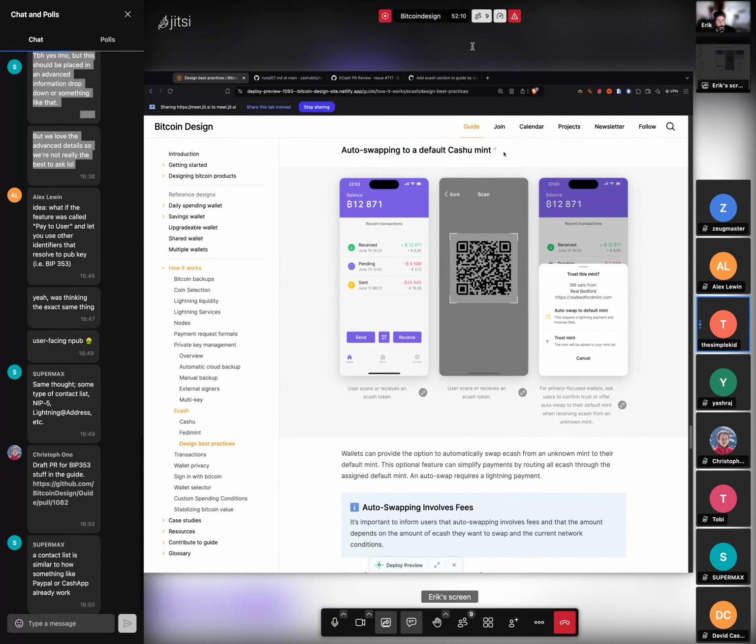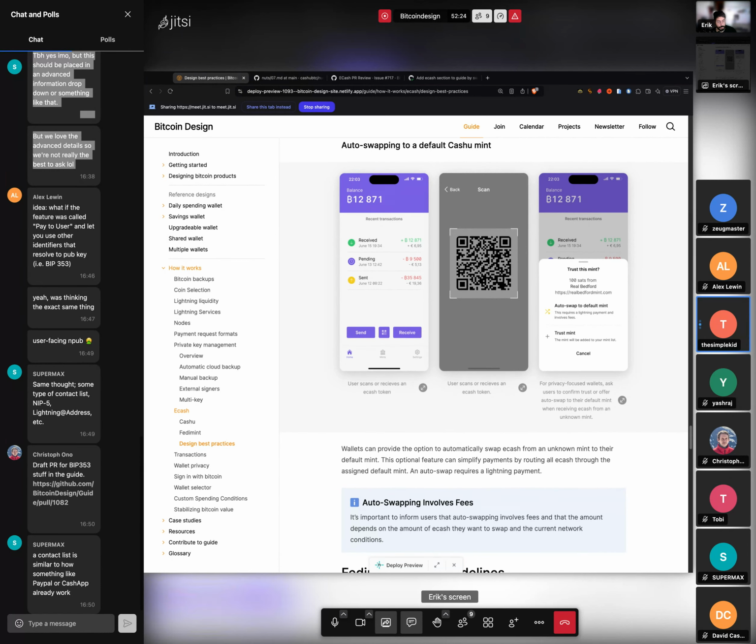Auto swapping to default Cashew mint. Wallet can provide the option to automatically swap Ecash from an unknown mint to their default mint. This optional feature can simplify payments by routing all Ecash to the assigned default mint, and auto swap requires Lightning fees. There's some images, scanning a QR code to receive Ecash, and then it prompts you to auto swap or to add the mint. Yeah, I think that's pretty reasonable UX